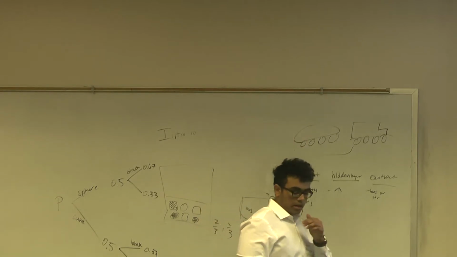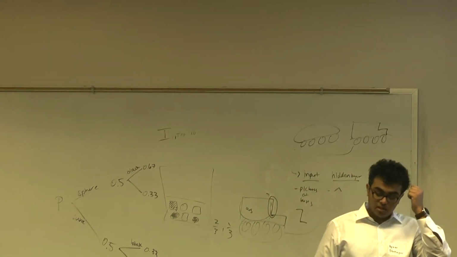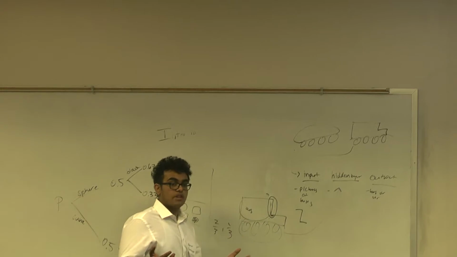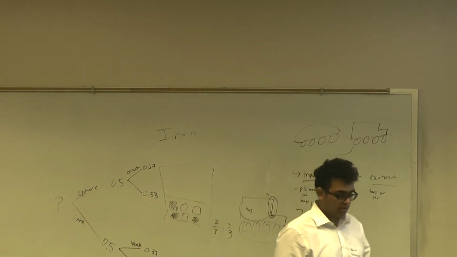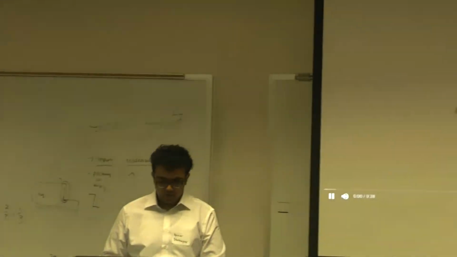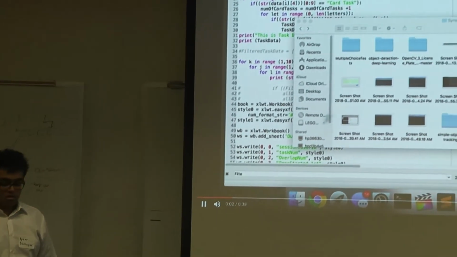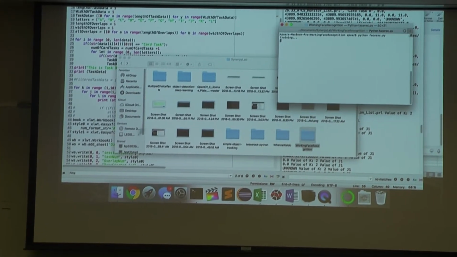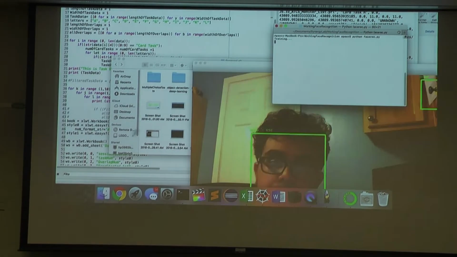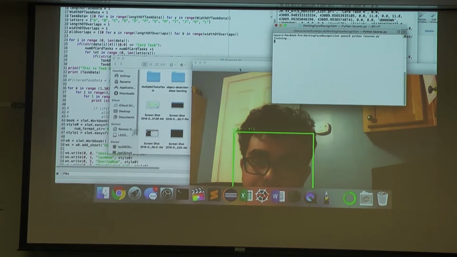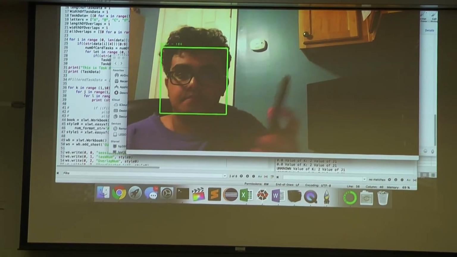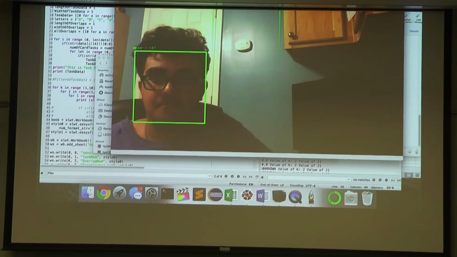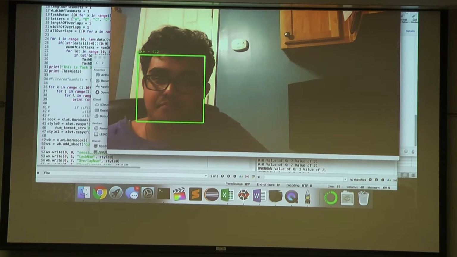So that's a neural network, and deep learning is basically just this put on a larger scale. An example I have is a face recognition algorithm I wrote. This program is now looking for faces, and it sees my face. So it classifies me as my name, Apaar. Then I put a picture of Bill Gates up there, and it's able to recognize that that was Bill Gates. That's basically what deep learning is.